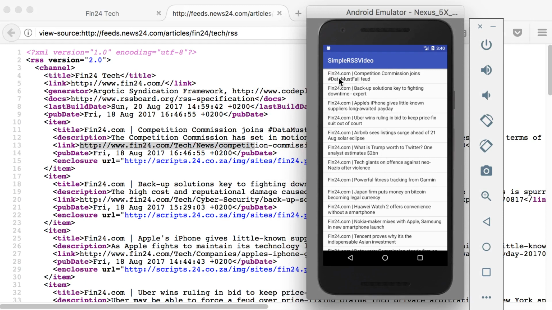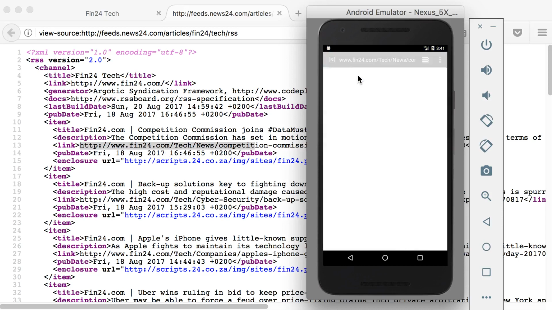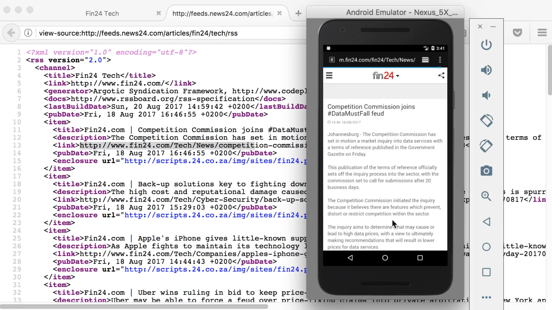And now if I click on the first one there, you will see the first one goes to tech news competition or whatever. So if I click on it, let's look at the web page. You can see tech news. It's exactly what I extracted from the link part, and it opens up this now in a new web page using an implicit intent. And you can see the web page opens, and this is then basically how you can read data